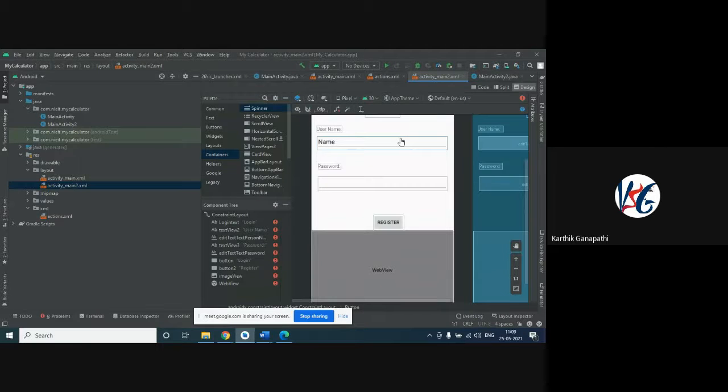Next comes the app bar layout. We can relate this to a fragment activity. As we explained, this is one fragment where we will have one particular app bar where we can scroll that particular content. As you can see in Google Maps, I think you are aware. Yesterday I demonstrated a Google Maps example for you. In that, the bottom content will be scrolled.